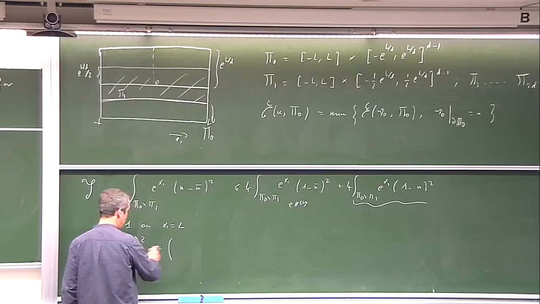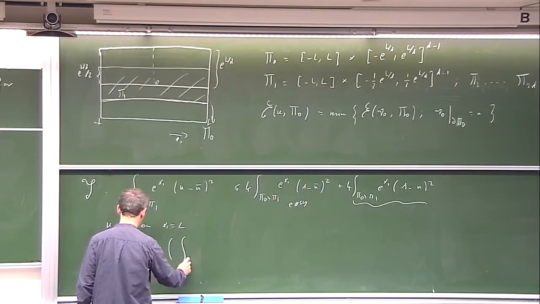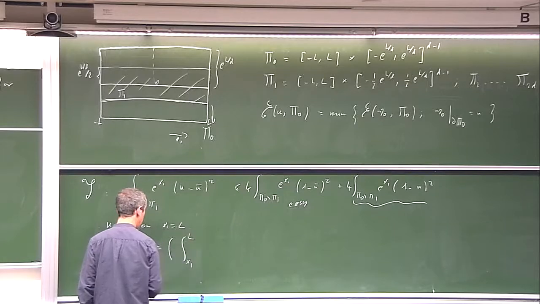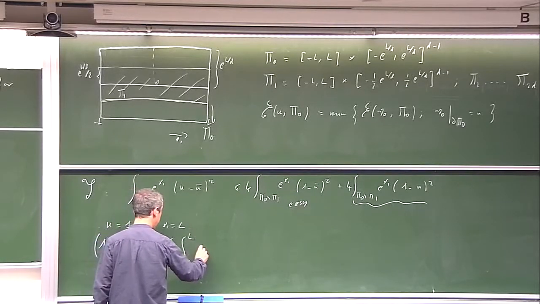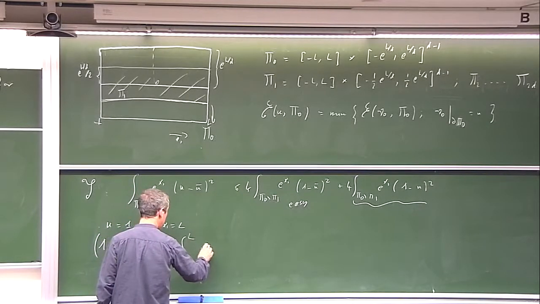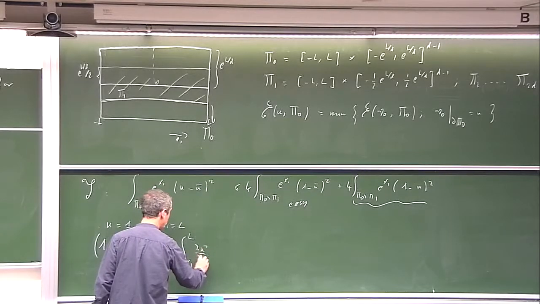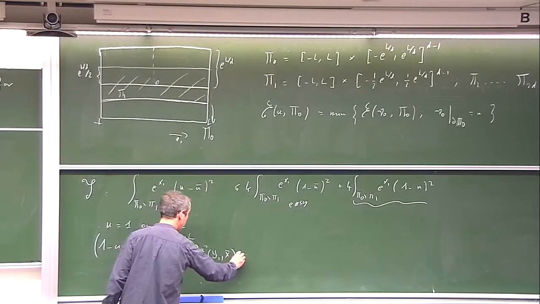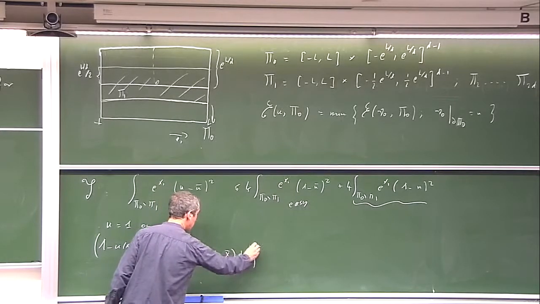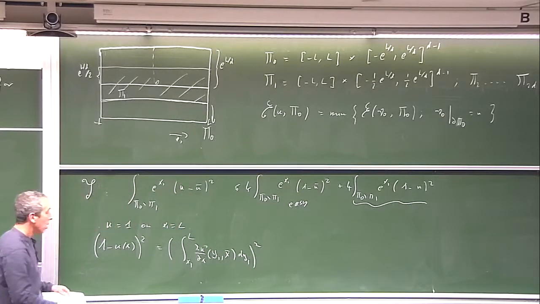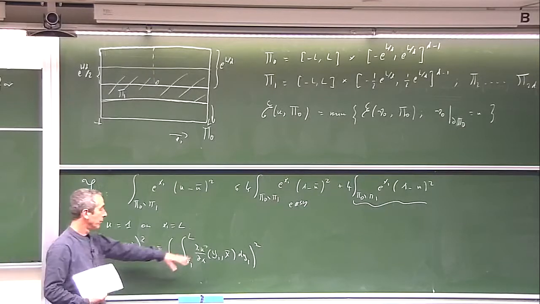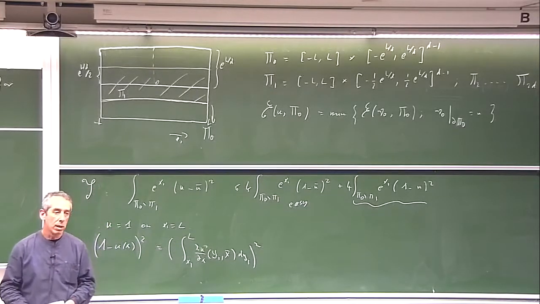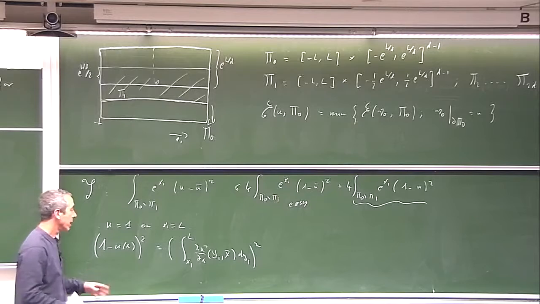So this is the integral from x1 to L of the derivative, d over dx, so y1 x bar dy1 square. And then you put the square inside, you make an upper bound with a gradient,